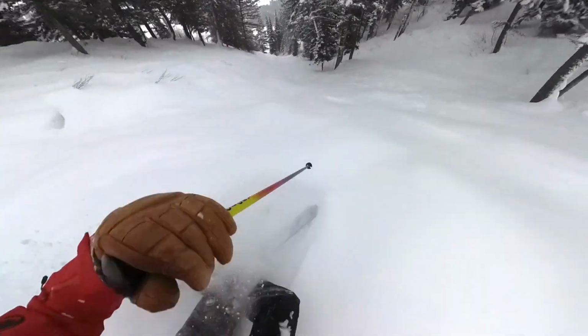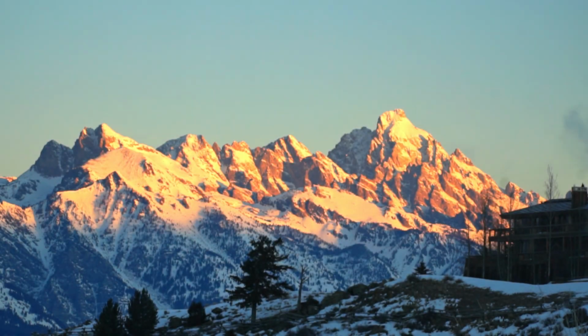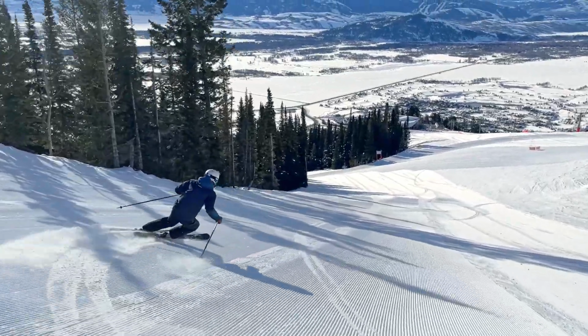From world-class skiing and unique wildlife experiences to breathtaking landscapes and family fun activities, Jackson Hole, Wyoming is truly a